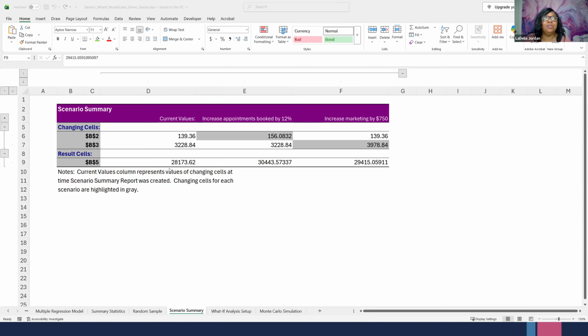is $28,173.62. Now, when appointments increased by 12%, the predicted monthly revenue increased to $30,443, and that's an increase of about $2,200 over the baseline. And when marketing spending increased by $750, the predicted monthly revenue increased to $29,415. And that's an increase of about